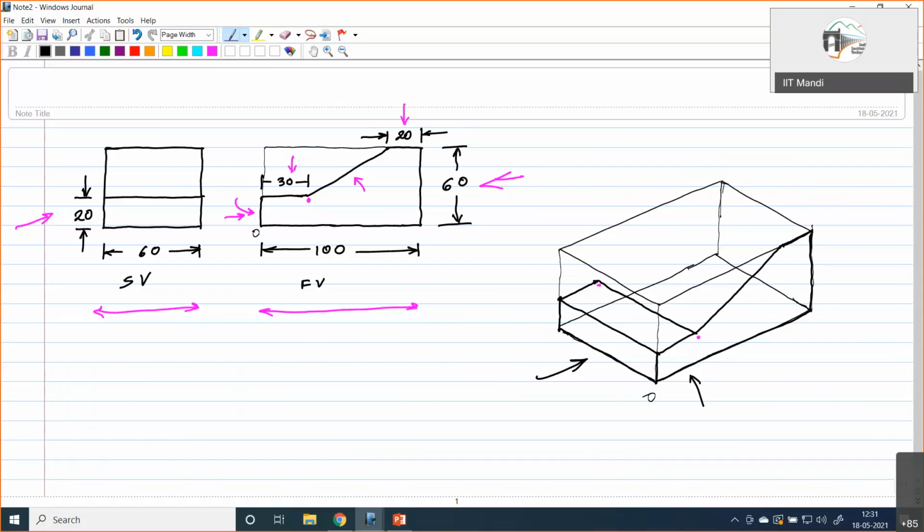Then at the back end, we have to replicate whatever is on this frontal face. The same thing will be replicated at the back end here also. So then next we do that.